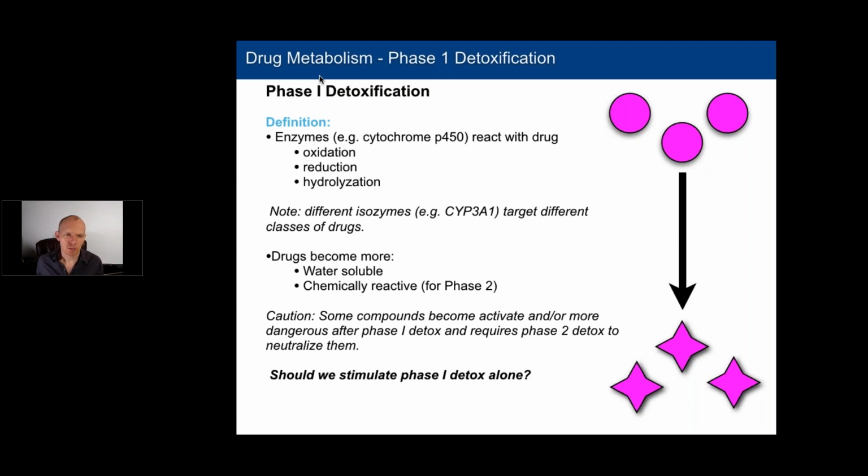Now, in general, my advice is I don't like to give substances that stimulate phase 1 detox by itself. My concern is that if you upregulate phase 1 detox without adequate phase 2 detoxification, you end up generating more reactive intermediates. And there's evidence that shows things like grapefruit juice,